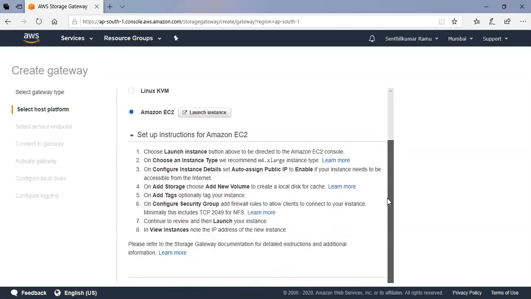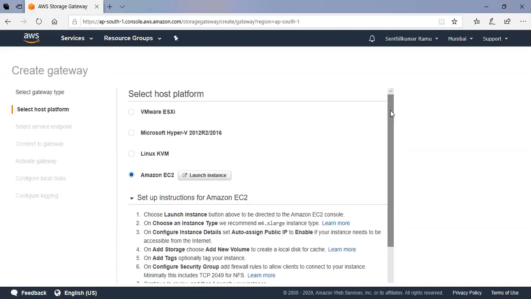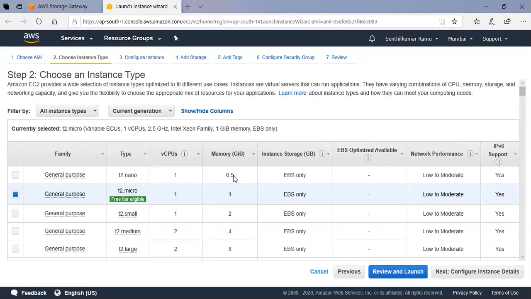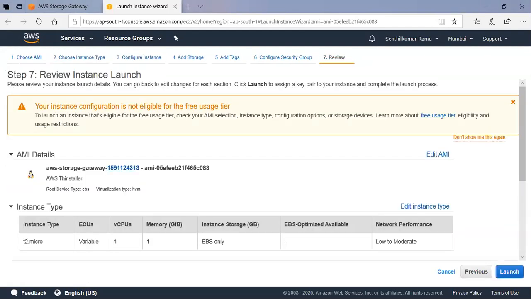From your individual machine, you can transfer the data and move whatever you feel like doing, right? We'll do that. Okay, in the traditional sense, it is storage to storage replication kind of a thing, isn't it? Correct. It can be a server which could be a mount point for you to drop the data there. Sure. Okay, so I'll use this free tier, general purpose one, and review and launch.